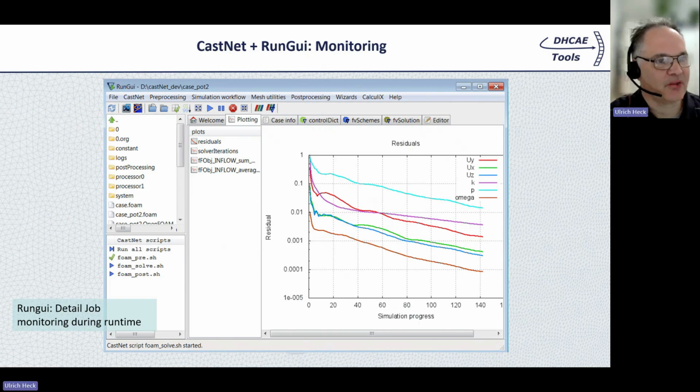When you run the case, we have a monitoring tool, which is our RunGui, where you can see, for example, residuals, and where you have many options to manipulate the case. You can change the schemes during runtime. You can stop the case or do some changes directly in the GUI,